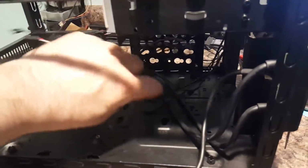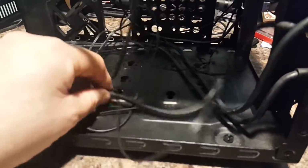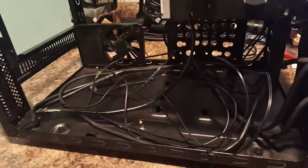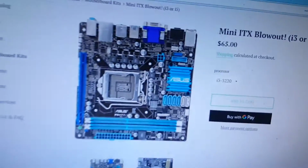Basically making it all look good. There's a lot of cramped space in there. And it's probably not very easy for people if you're not really into building computers, but maybe you want to do an ITX build. And maybe you want to take advantage of this